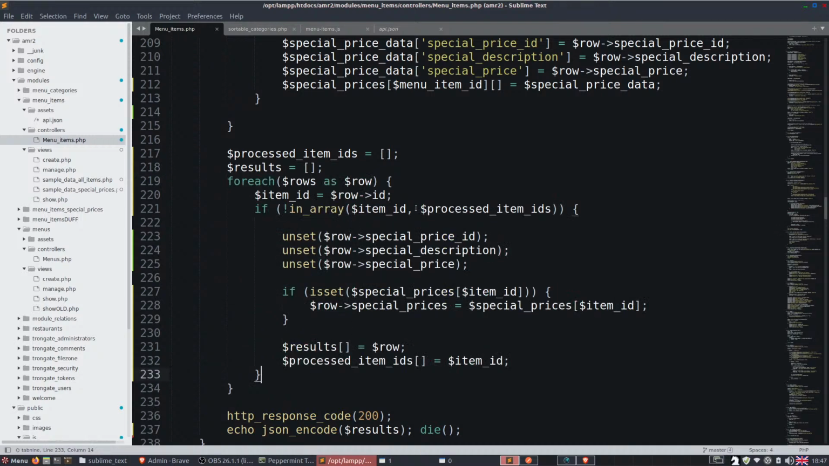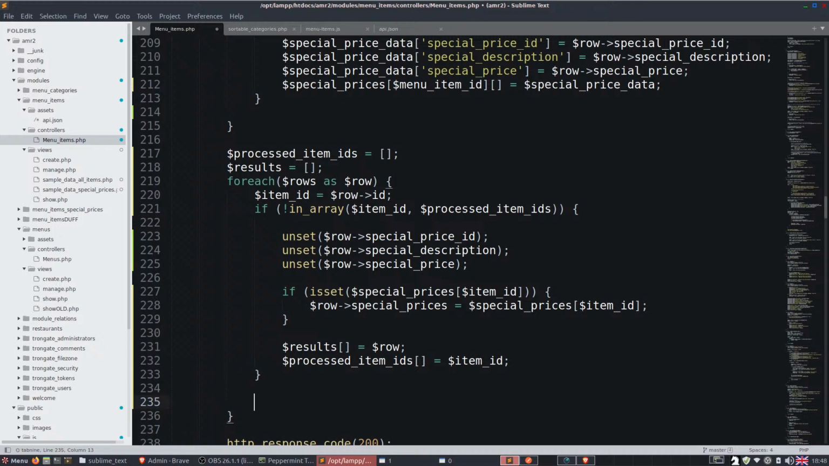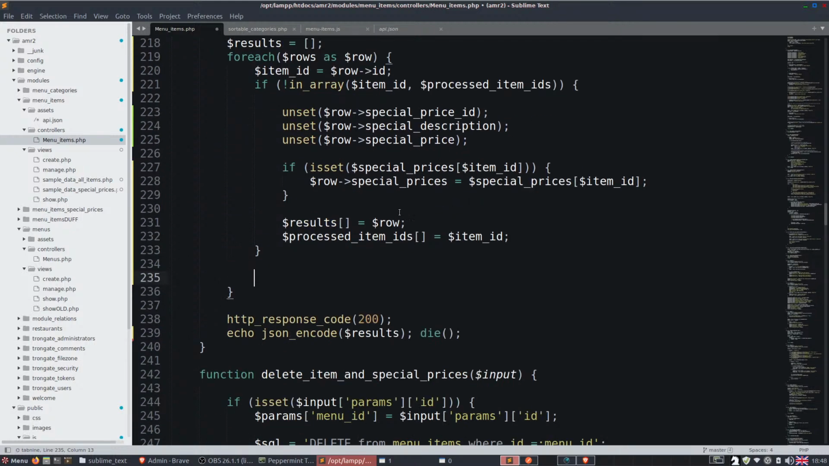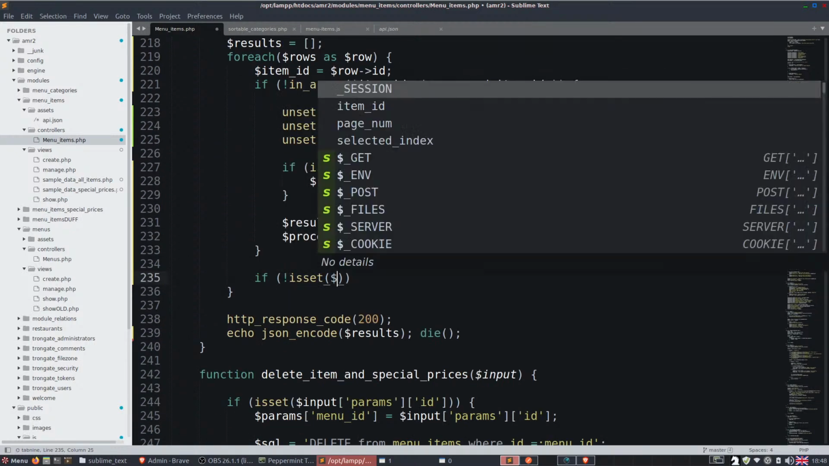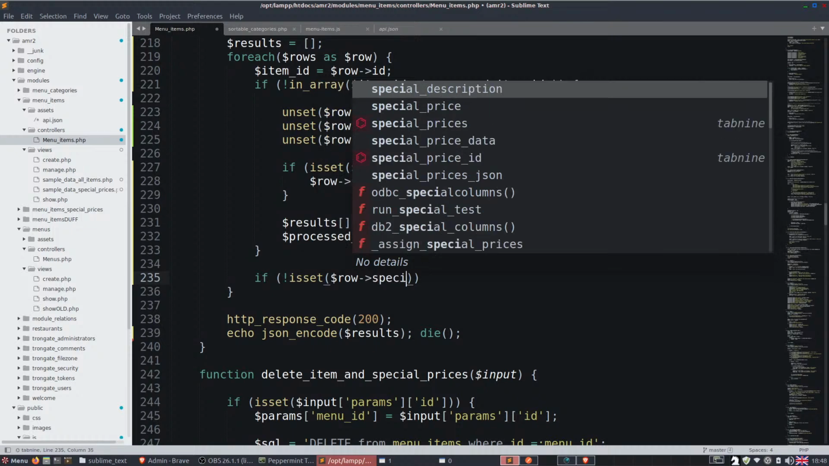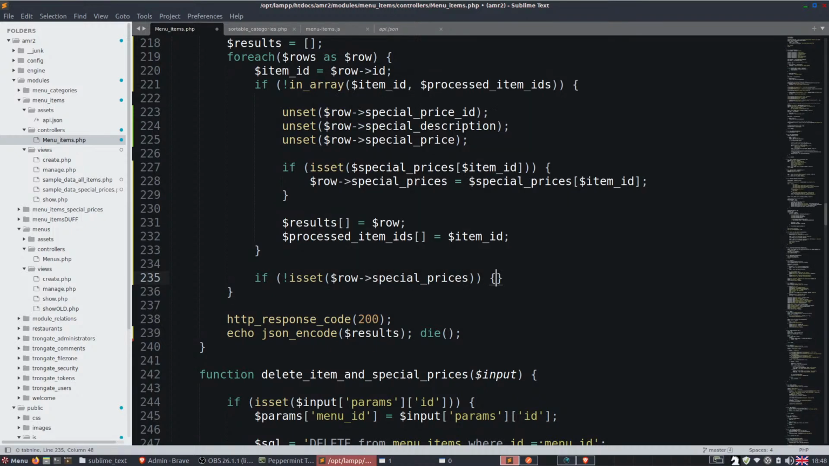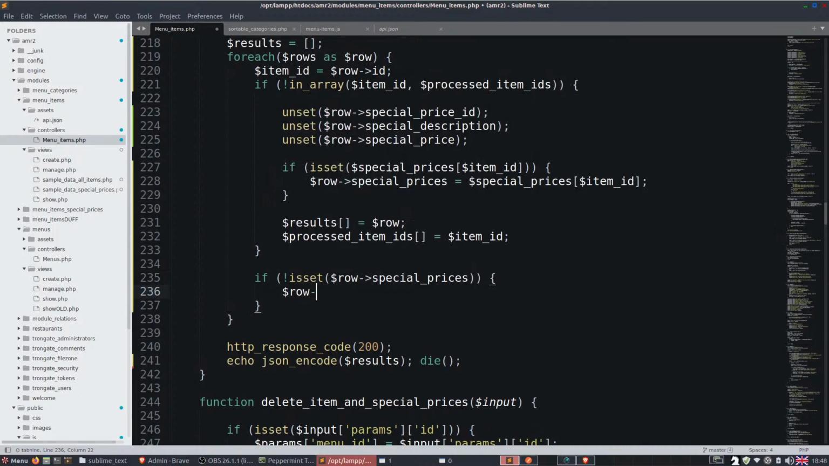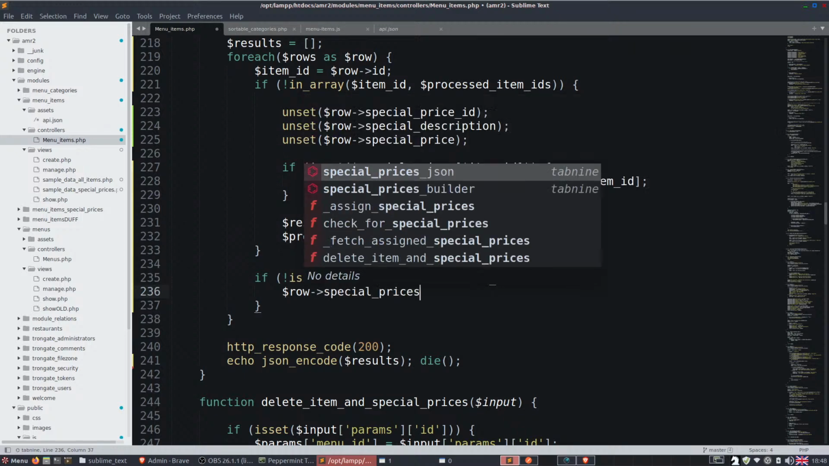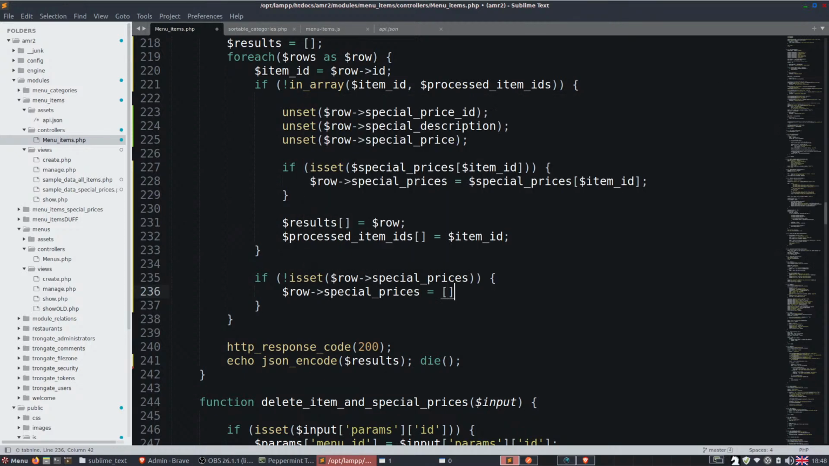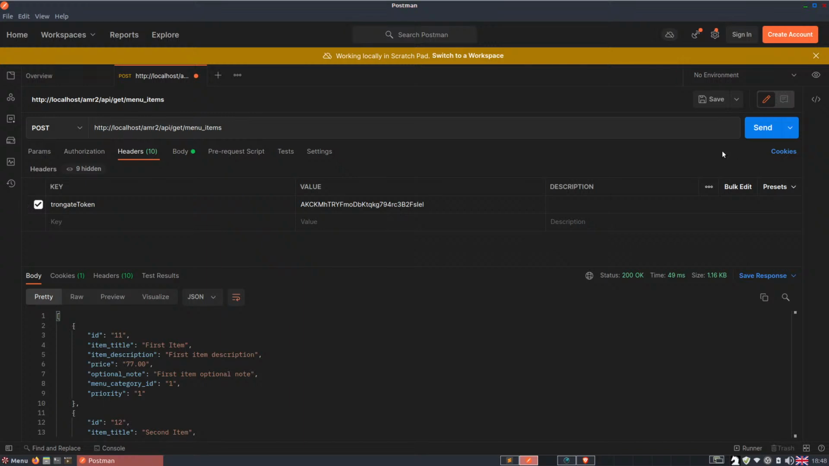What I'm going to do is I'm going to just say if not is set row special prices, then row special prices is an empty array. Now what that should do